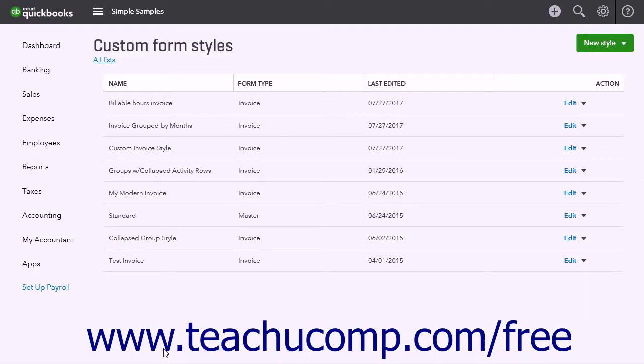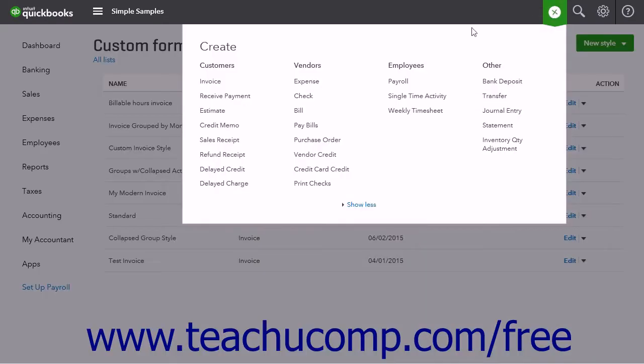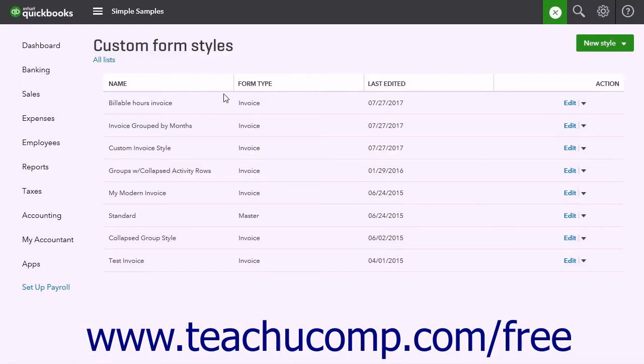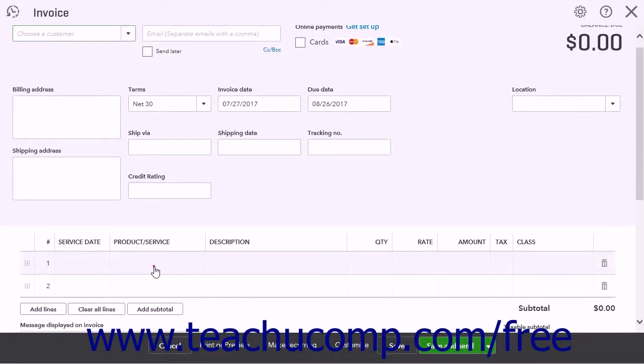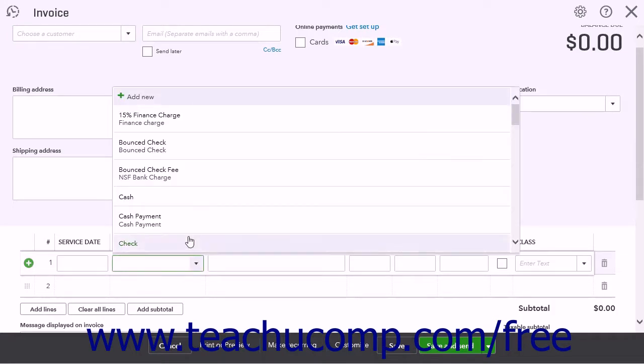Now, if you will be using the new custom form style for the majority of your invoices, you can click the Action Columns drop-down for the form style within the Custom Form Styles page, and then select the Make Default command from the drop-down menu. Doing this makes that custom form style the default for all future invoices. Also, as mentioned within a prior lesson, to manually add a subtotal for items to an invoice,